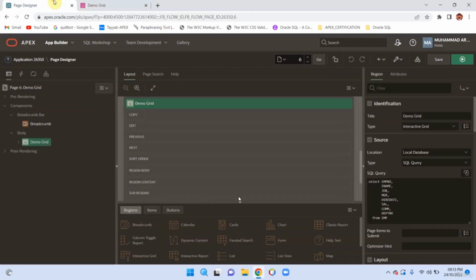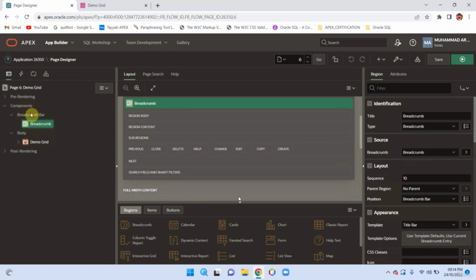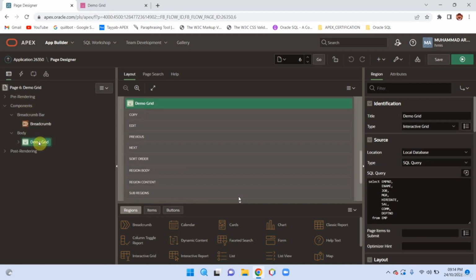Go to your Page Designer and select the report. For example, this is my interactive grid. So click your interactive grid and then move to your right pane, which is the properties pane of the demo grid,